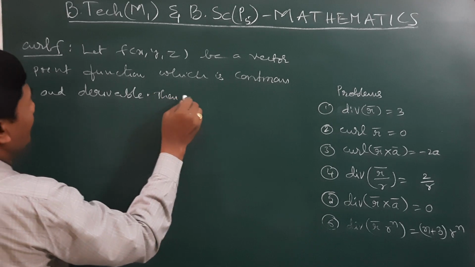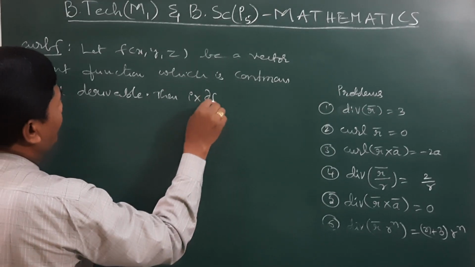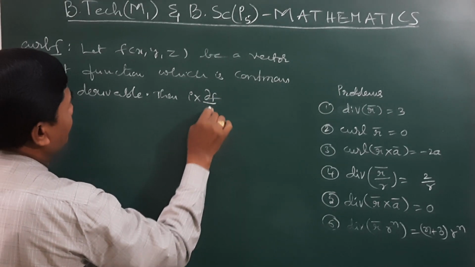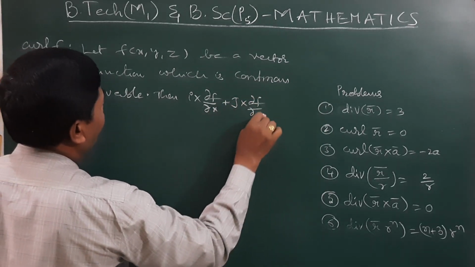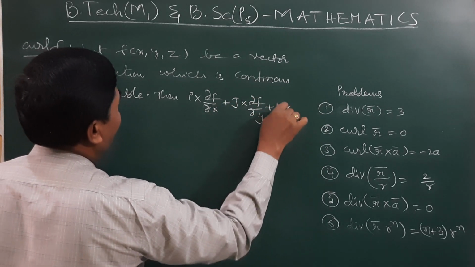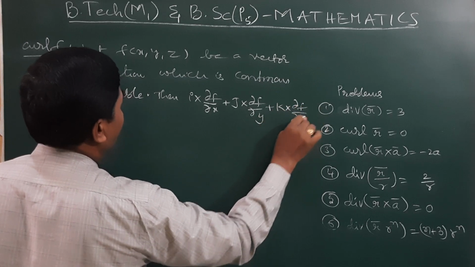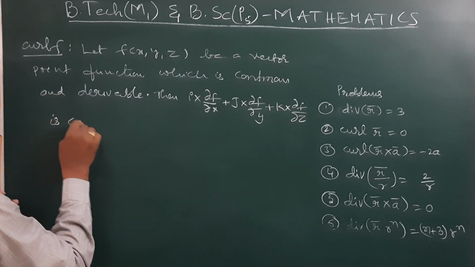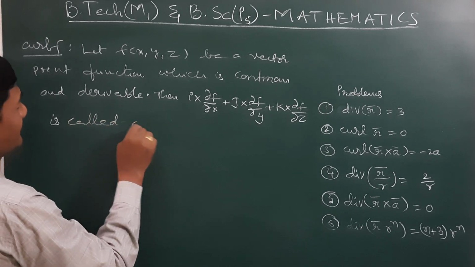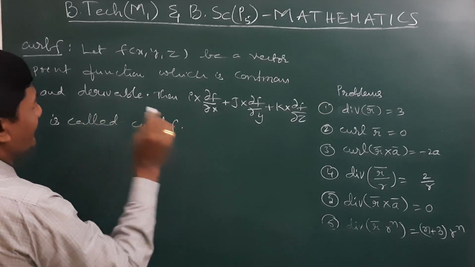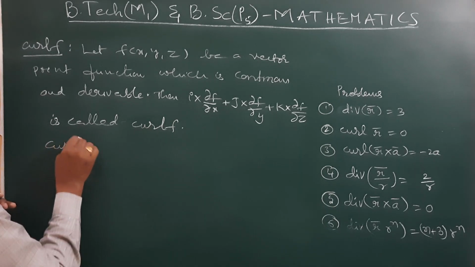Then i cross dou f by dou x plus j cross dou f by dou y plus k cross dou f by dou z is called the curl of f. So curl f is equal to